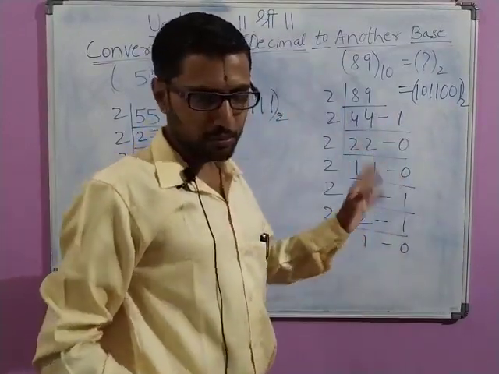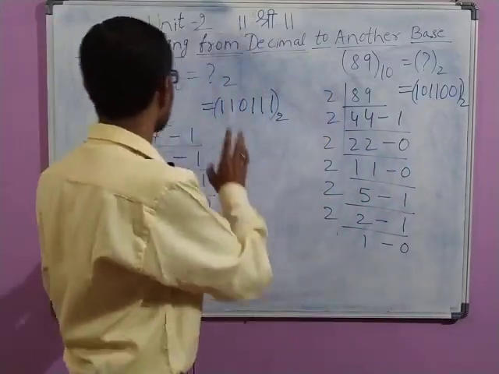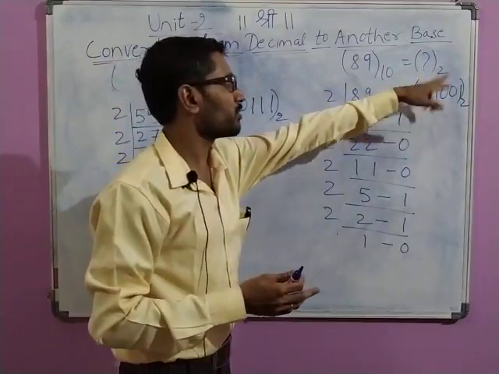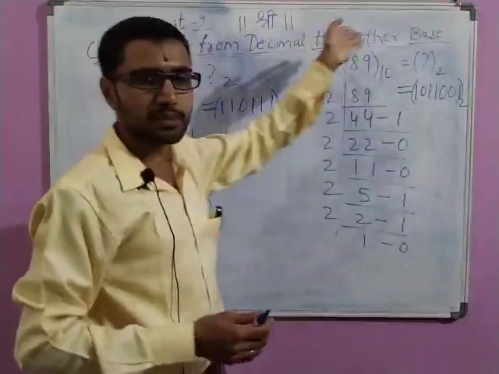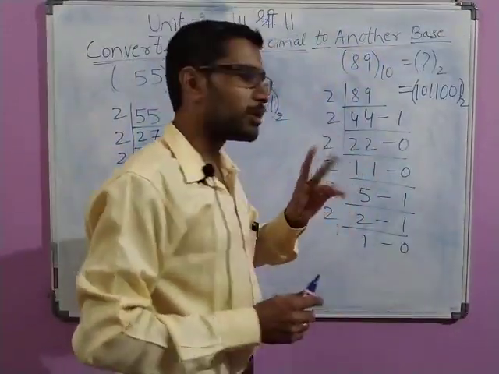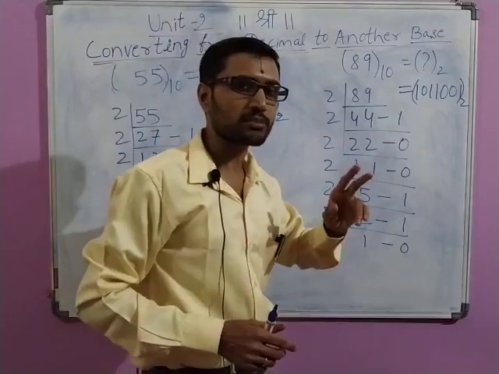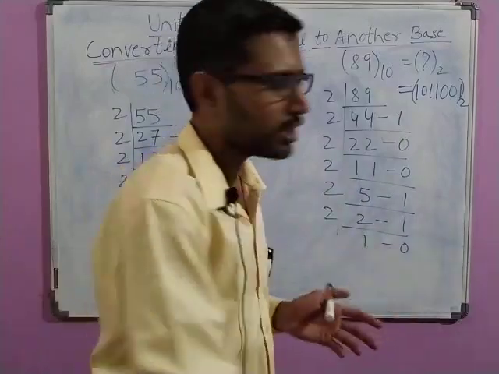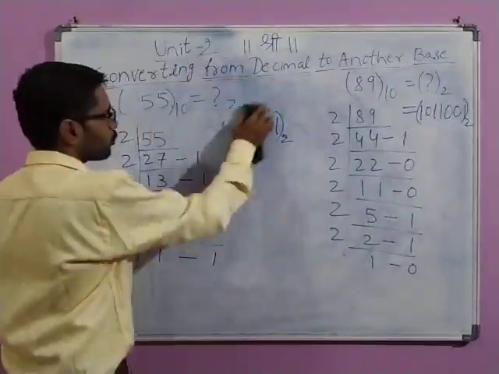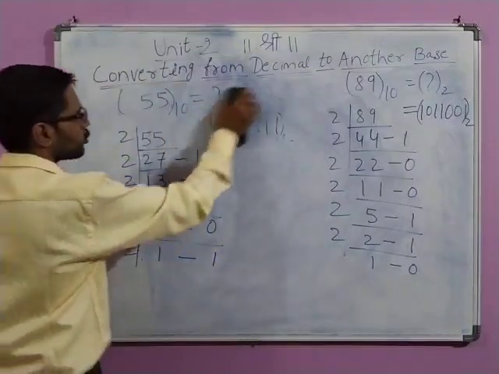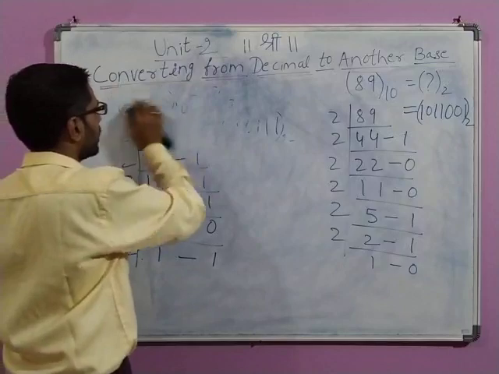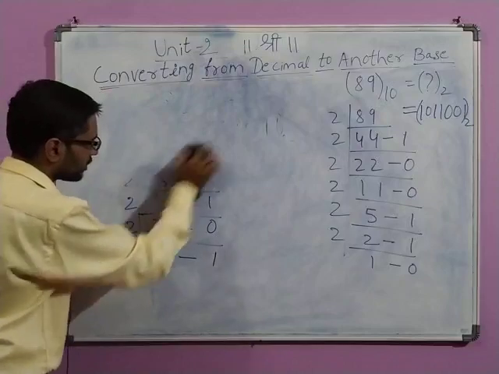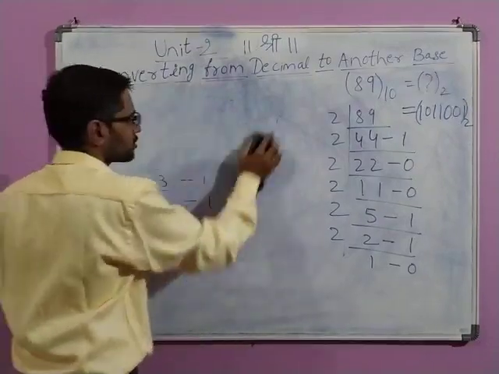So all these are very simple problems, and in all of them we have kept the initial base as 10 and we are converting to the binary. So these are examples for decimal to binary. Decimal to binary, decimal to octal and decimal to hexadecimal are more important than converting from decimal to base 4 or base 5 and so on. But we may get any question of this type, though the most important are from decimal to binary. Now we will convert a decimal number to some other base and verify the answers.